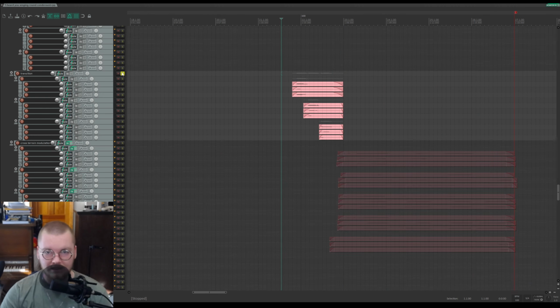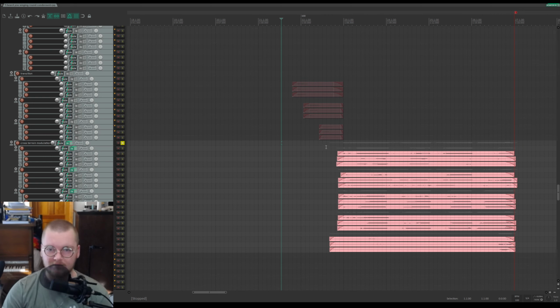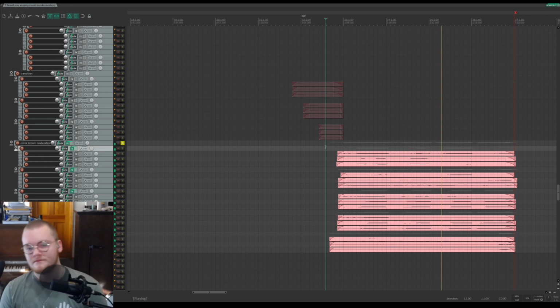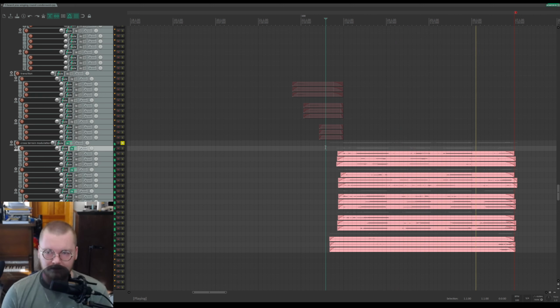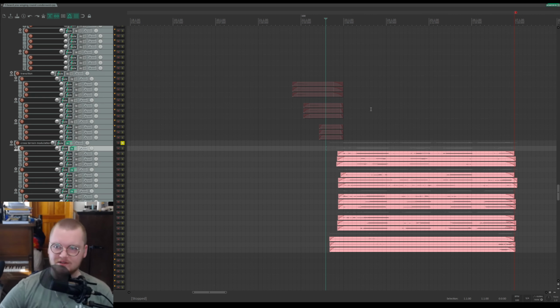Yeah, so we start with this little bit, and then we go into the modulation. So, yeah, that's shifting us from B half flat to D flat, I believe, is where we end up.